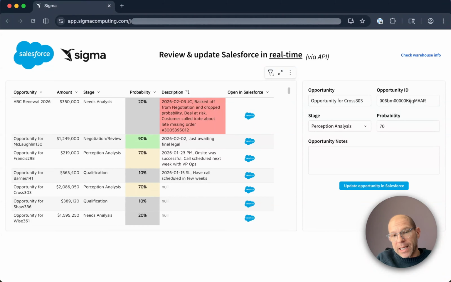But the reason I'm starting here is I'm going to talk to a supply chain ghost hunt type of scenario. Let's say we have some product that's gone missing and we need to find it. What you'll see here in red is I have an opportunity, which is a renewal for one of our customers, ABC. And they're super upset because they're missing a particular order number. So I'm going to key in on this order number and see if I can find out where the missing